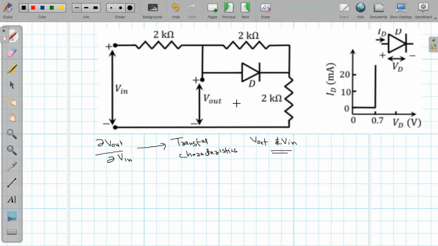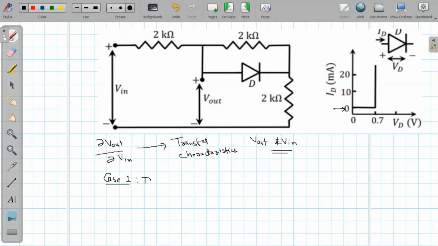To solve any question that are based on diode, we have to use open circuit and short circuit test. So to begin with, always assume that diode is open. So you can see in the characteristics of this diode that this diode is open, that is there is no current in this diode whenever the voltage across diode Vd is less than 0.7. So let's consider the case 1